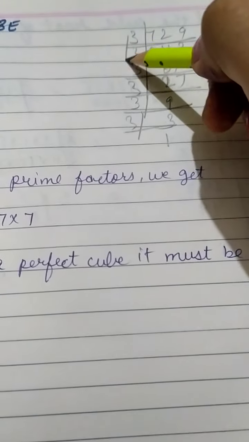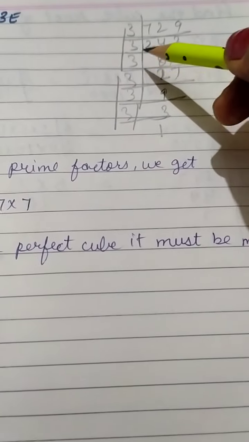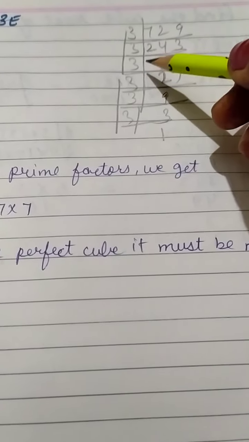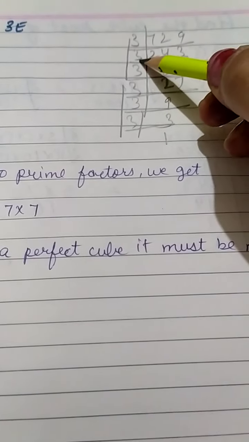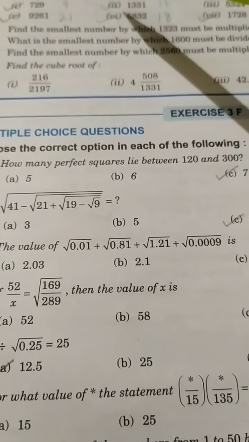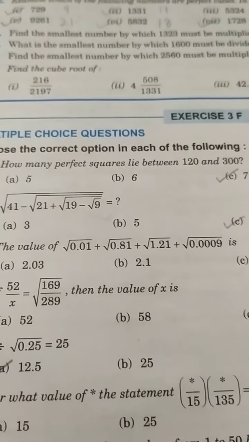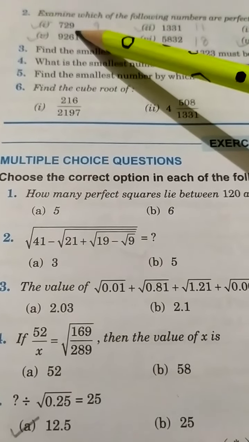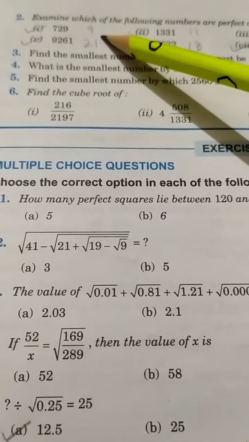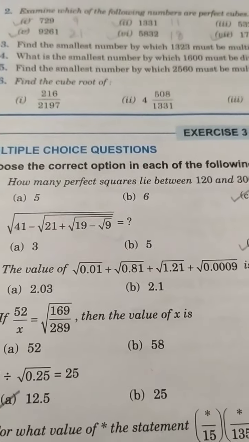So you can see, children, they are the pair of triplets. We have to take one pair of 3 numbers, we have to take one pair of the triplet. Okay, so it will be 3 from here and 3 from here. So it will be 9. Means if the number is a perfect cube, you have to tell yes or no. So the number is a perfect cube, yes, and the cube root of the number is 9. Clear? Now let us see the third question.